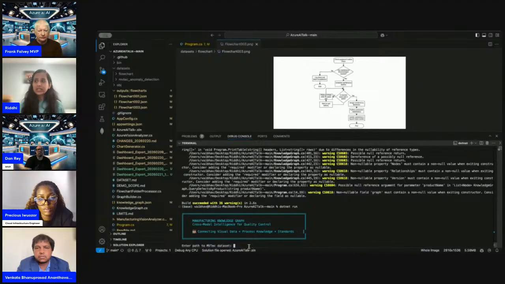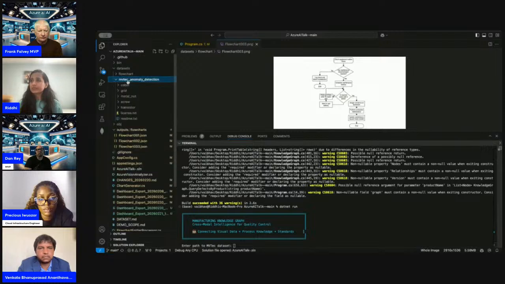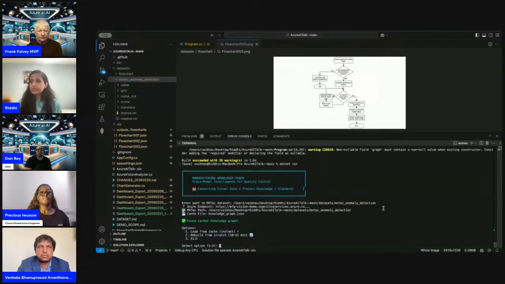I have already compiled, and the data is already processed because I did not want it to take a lot of time. So I'm going to get that knowledge graph from my cache.